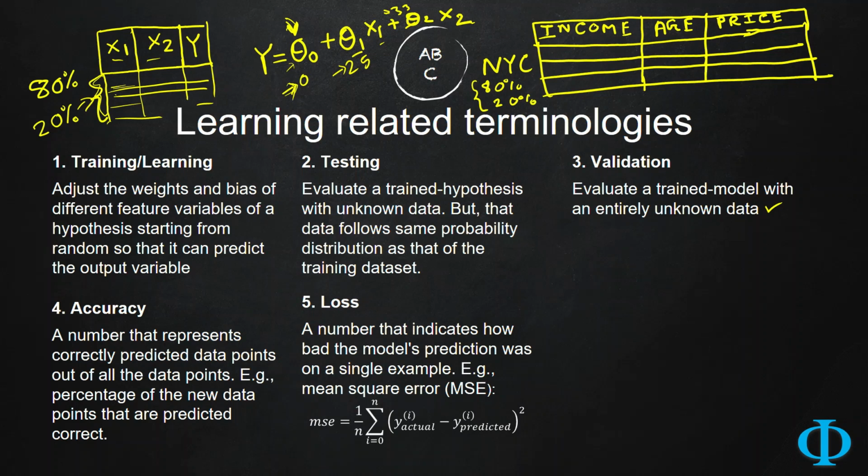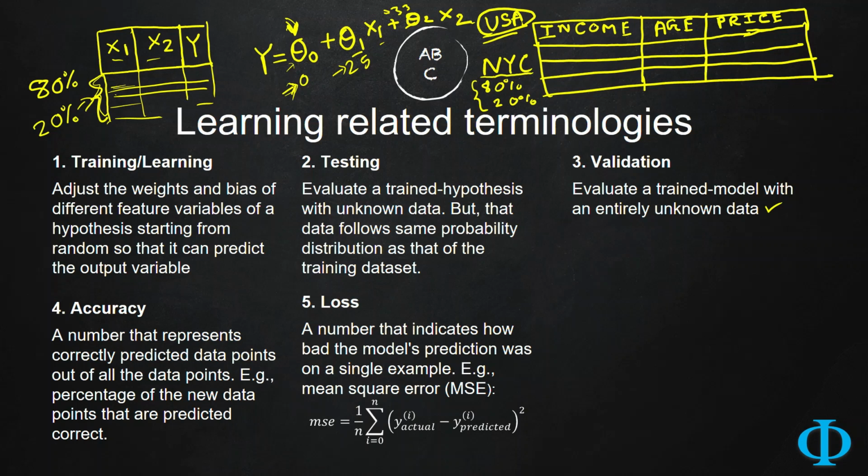For example, instead of evaluating your trained model on only New York City data, you got the data from the entire United States, which includes the data from San Francisco, Ohio, and many other different states. So those are entirely different data sets. Whenever you evaluate the trained model with this data set,